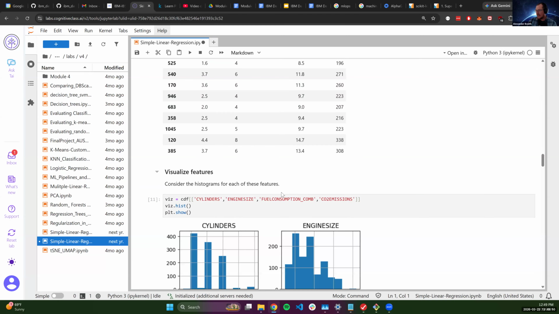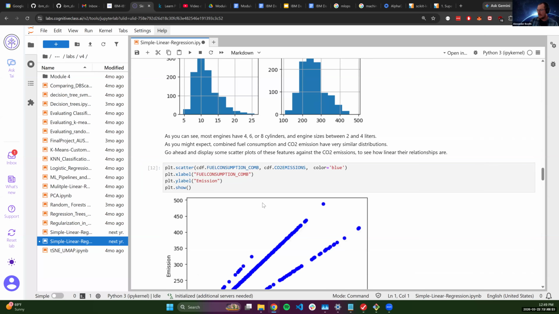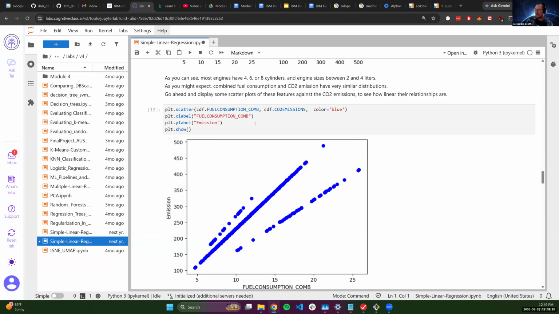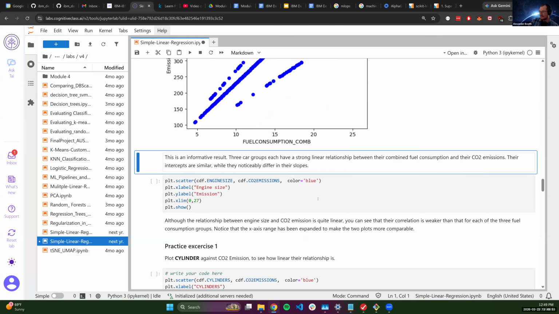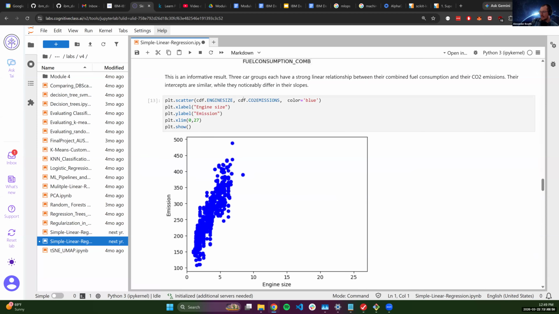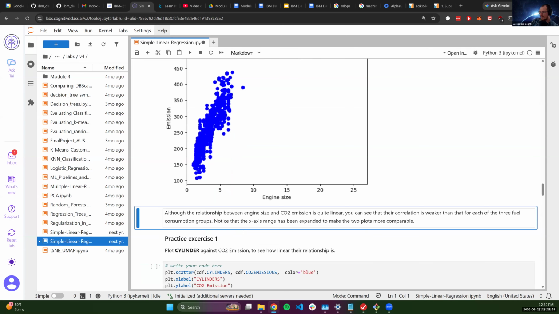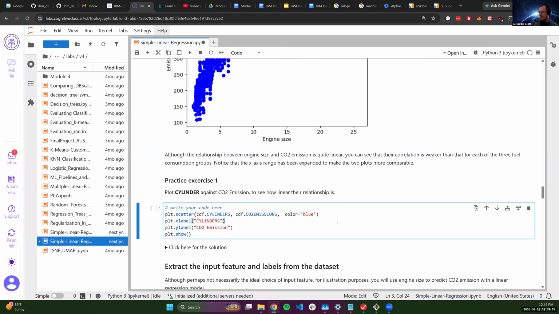Cool. We can do some exploratory data analysis, which I'm just going to whiz through. All I'm looking for here is: are we mostly normally distributed? Are there any crazy outliers? All this data looks fairly good to me. I'm looking at the linear regression, at the fuel consumption versus CO2 emissions. We can see there's some strong linearity here. And same thing with engine size versus CO2 emission. I'm not sure why they restricted this to 0 to 27, but whatever. Scatter plots,